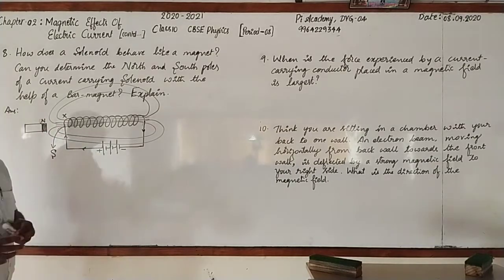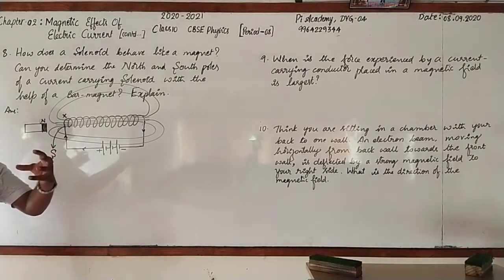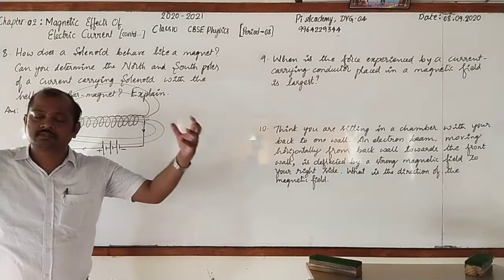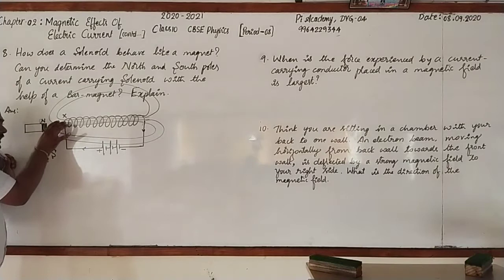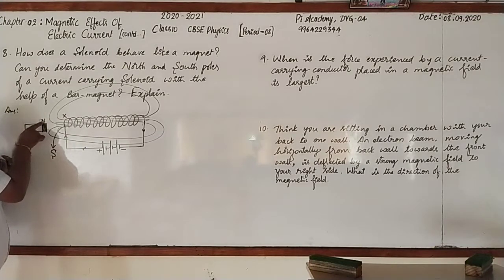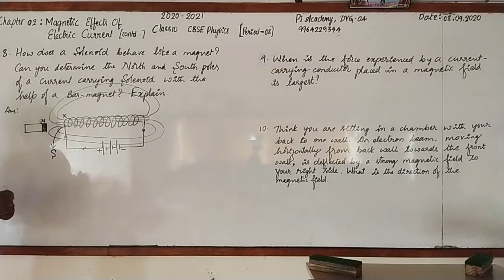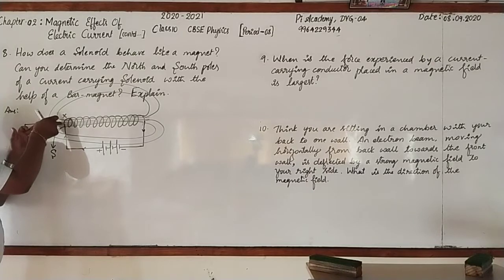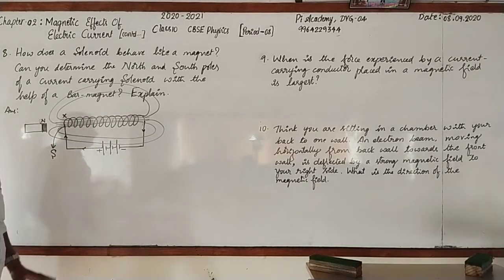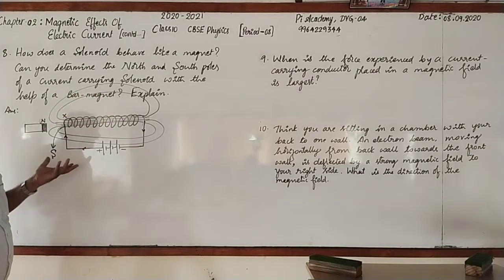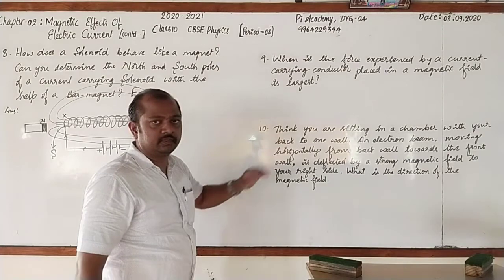We know that according to the law of magnetic poles, unlike poles of two magnets attract each other, and like poles of two magnets repel each other. Here, if it is attracting, this end will be south, and obviously the other end will be north. If it repels, then what happens? If it repels, then that end will be north and the other end will be south. Followed? Very simple. I'll go for writing the answer later, and let us focus on these two also.